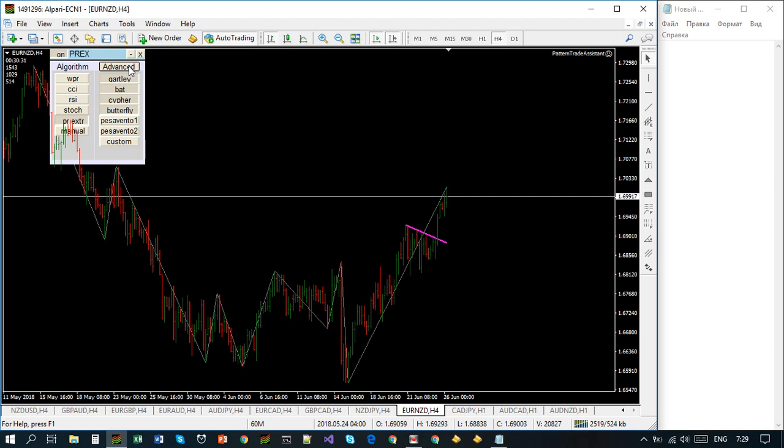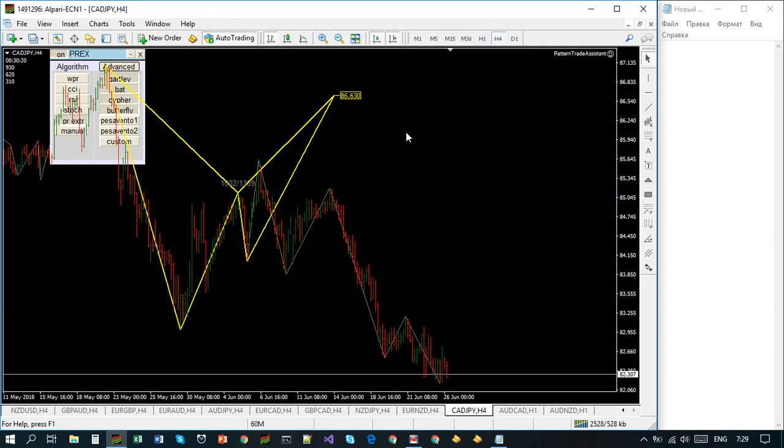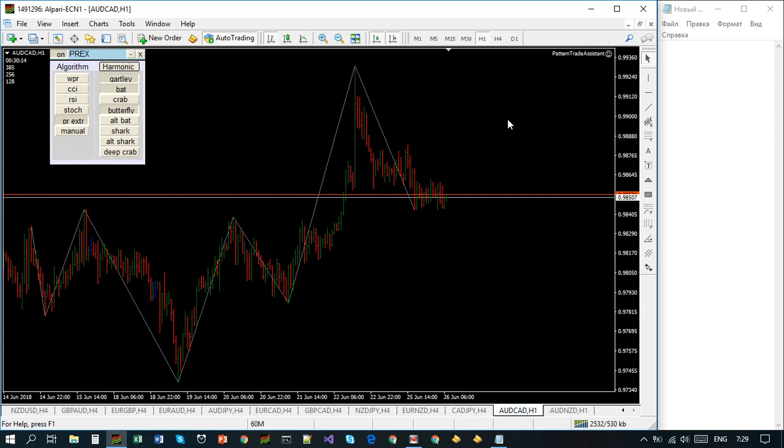Harmonic approach is nothing, advanced pattern approach is nothing. Canadian yen, advanced patterns, harmonic patterns, nothing. 1 hour, 4 hour, advanced patterns and harmonic patterns, nothing. Aussie CAD, 1 hour, nothing here, nothing there. And 4 hour,